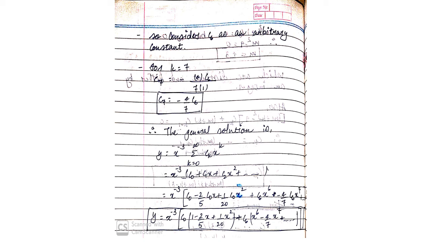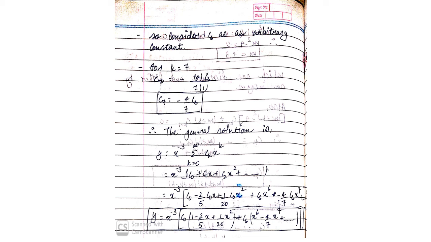That will be minus 4 C6 upon C7, and C6 is an indeterminate form. That will be your arbitrary constant. So you have to just keep C6 as it is, because as I said, all the answers will be in the form of C0 and C6. Same, find C8, sorry, K equals 8, so you may find C8. That will also be either in terms of C0 or in the form of C6.